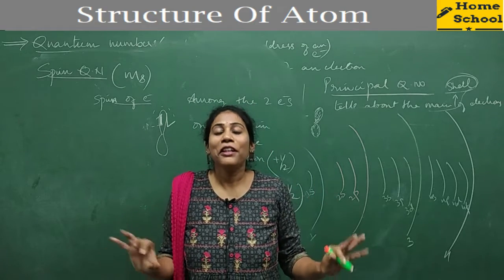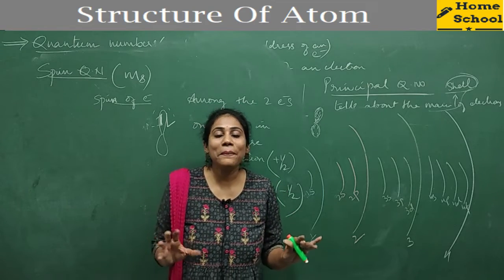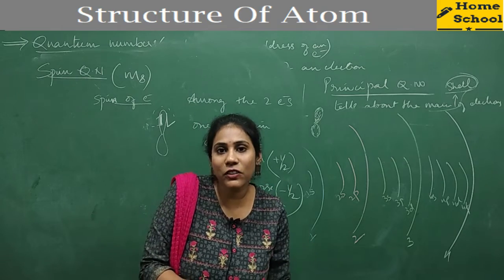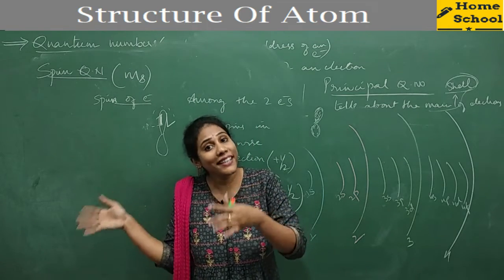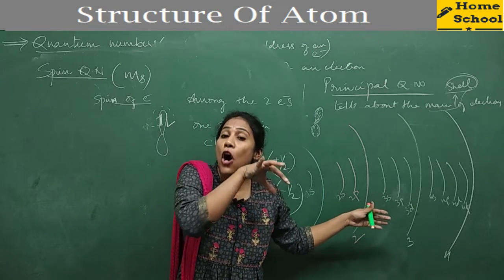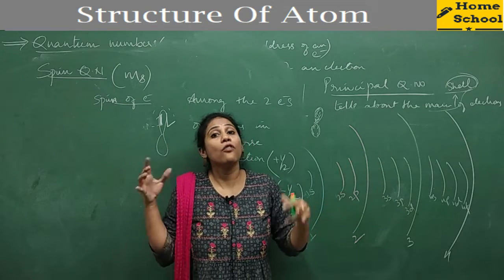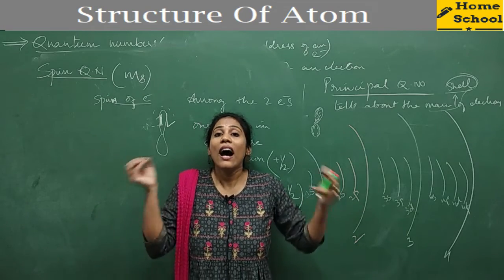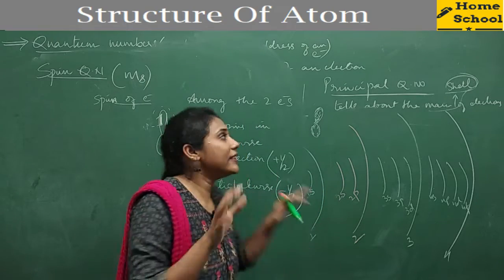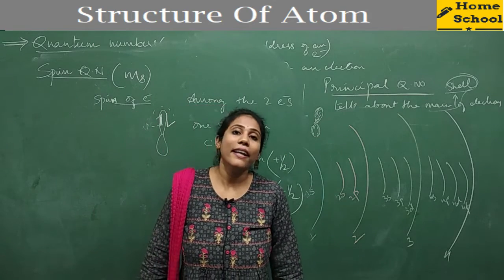So that's all about the 4 quantum numbers, right? These are the 4 quantum numbers which tell everything about the electron: which main shell the electron is in, again in the main shell, in which subshell, again in the subshell, in which orbital the electron is there, what is the shape of the orbital, what is the direction of the orbital, how the electron is spinning. So everything can be described with the help of these quantum numbers.